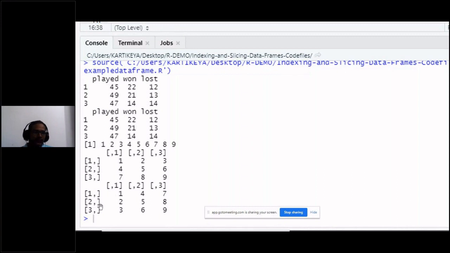See, when you display this particular matrix, it shows comma 1, indicating that this is the first column, this is the second column, this is the third column. But for the data frame, it displays header names. So you can easily distinguish whether you are processing a matrix or a data frame by looking at the result.